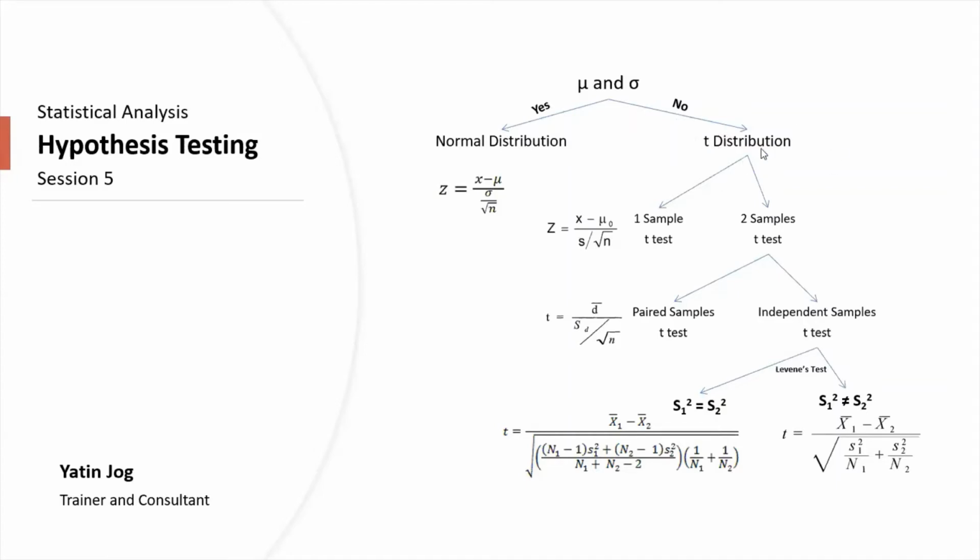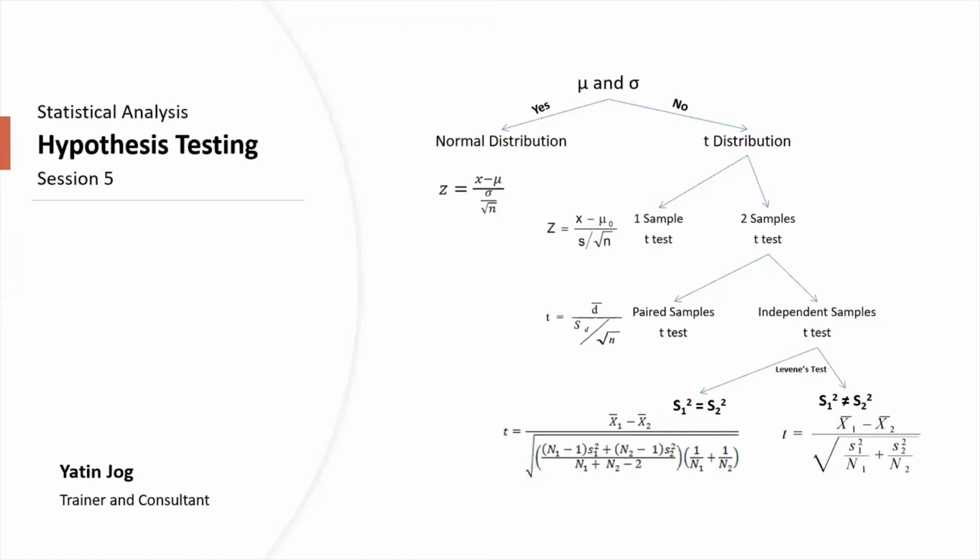Now, in case of t-distribution, again, we have two separate methods. One is one sample t-test and second is two sample t-test. So in analysis, we have to deal with multiple samples. The basic case is one sample. If I have only one sample data set available with me, then I have to analyze that data set. Or in the second case, I may have two data sets with me, or two samples from the same population, and then I have to analyze both the samples. Either I have to compare one sample with another sample, or I have to analyze both the samples together.